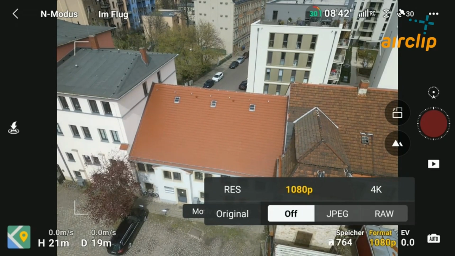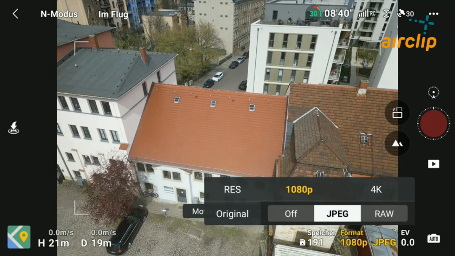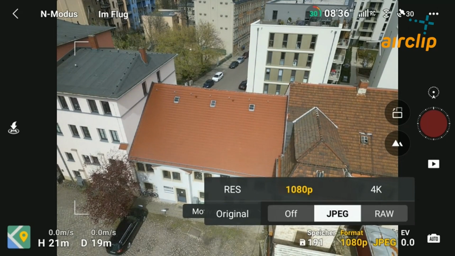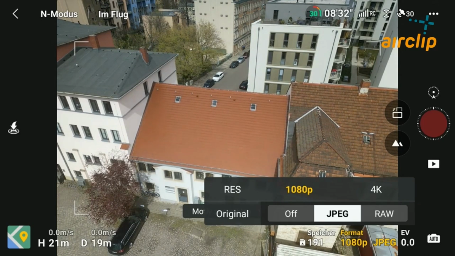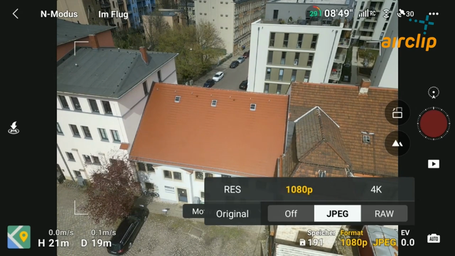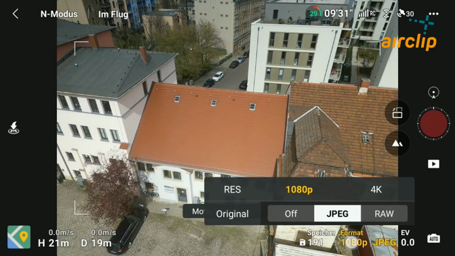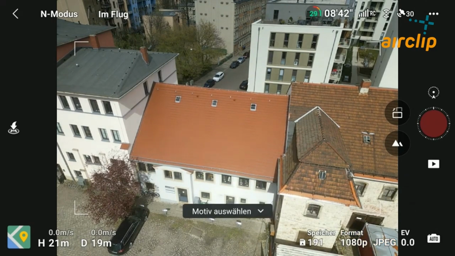And it's really important that you choose the JPEG format on the bottom right hand side in order to store the original images, because these are needed in order to really create the 3D model. It's better to use images for that than the video, so please choose this option.